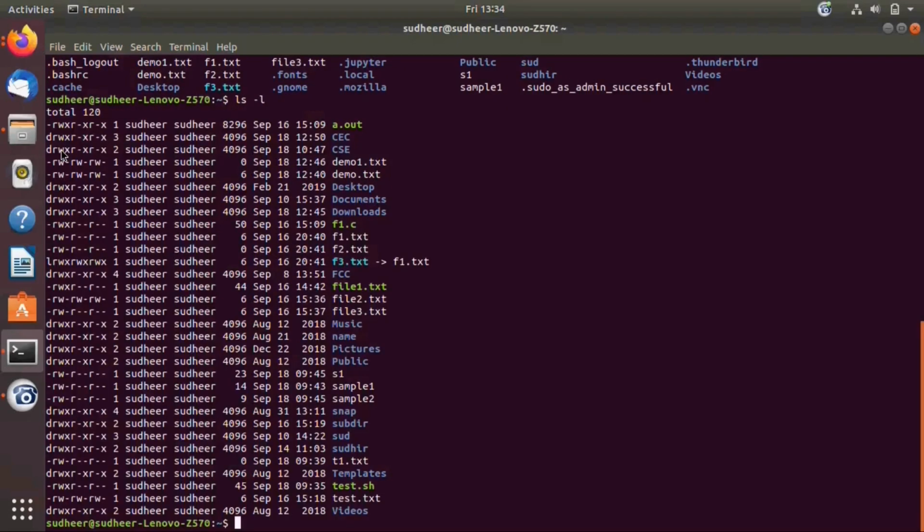It gives the information in a long listing format, which contains all your file attributes like file type, file permission, number of links, username, group name, size of the file, last modification time, and then the file name. So if you want to see the file attributes or the files in a long format, you need to execute the command ls -l.